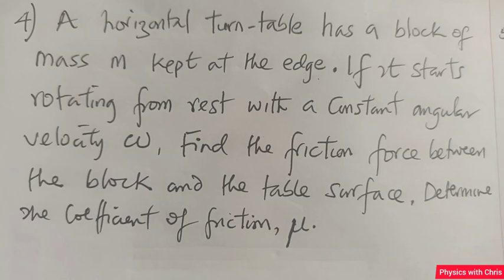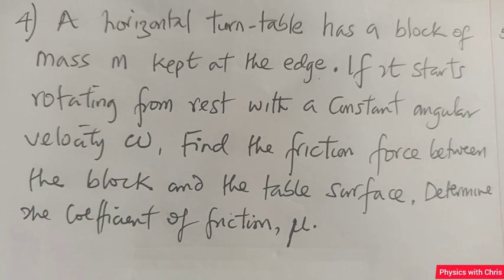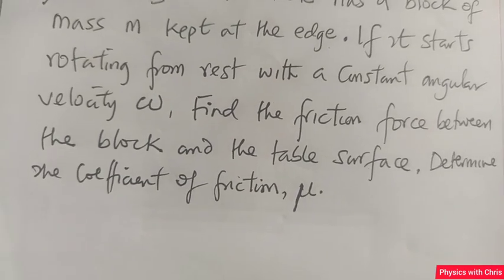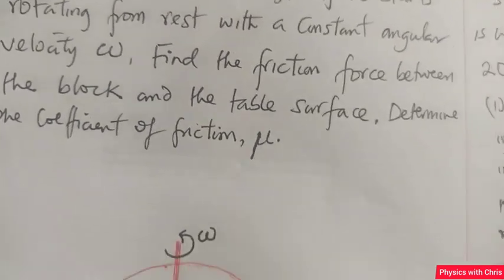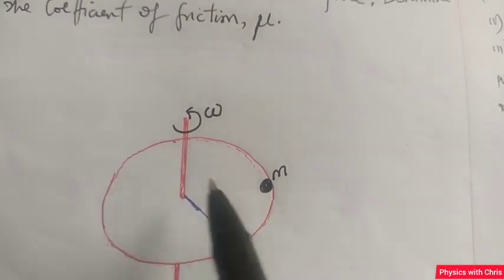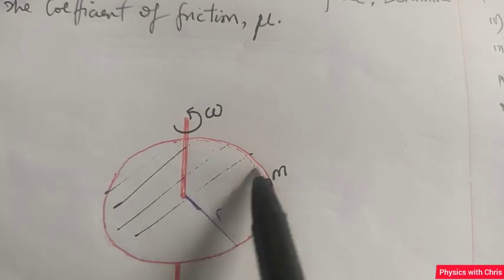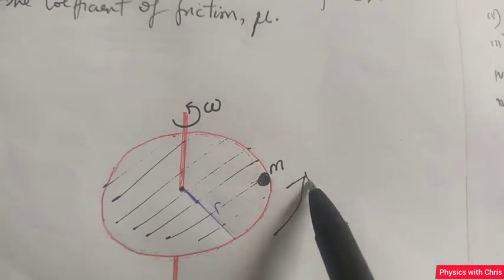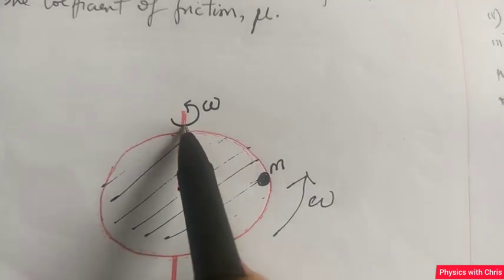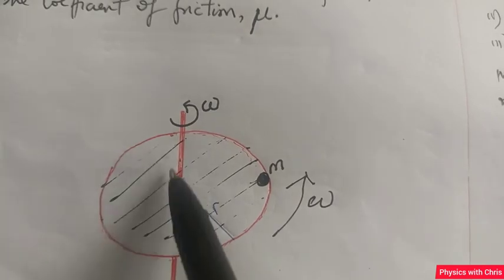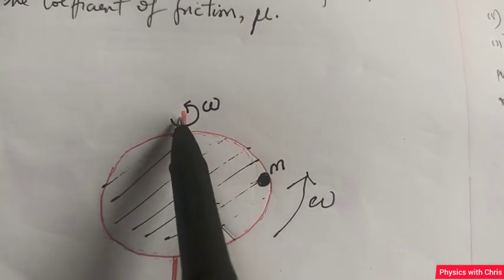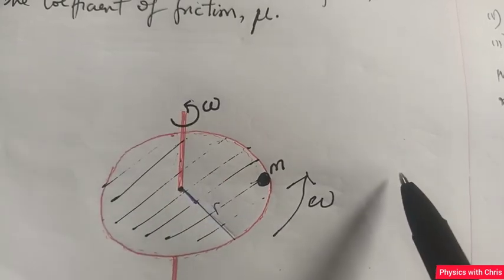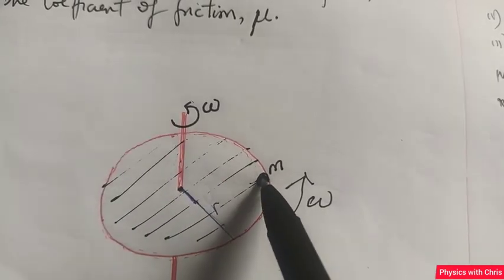Now, this is another case of a body moving in circular motion. But there's a disc, as you can see, let's say a turntable. I'm sure I've seen this before in those days. And this turntable is free to rotate in this direction. Now we have this line as the axis of rotation, and you can see the direction of the angular velocity. Alright, so here's the body of mass m,